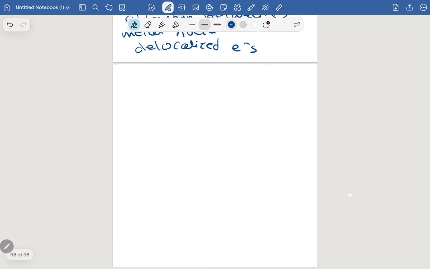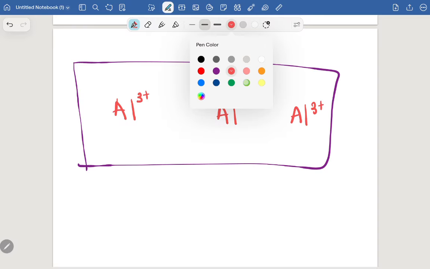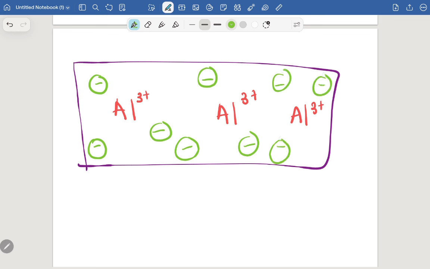Let us take an example, right? Let's take the example of aluminum metal, Al. We know that Al is 3 plus, right? Let's say we have Al3+, Al3+, and Al3+. Everywhere surrounding it, it's supposed to have negative electrons. As you can see, there's a bunch of delocalized electrons, right? So very simply, due to the delocalized electrons, the very freely moving electrons, there will be a very strong force